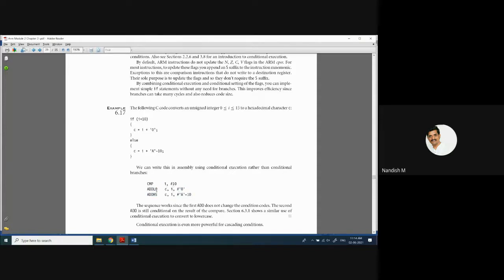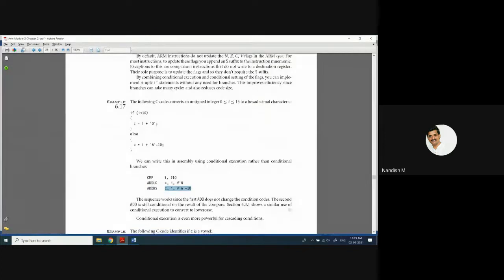Is it clear what is the example of a conditional instruction? This part, what you have added, is going to check the carry flag. That is why, whenever you add the condition codes to the ARM instruction, before that instruction there should be an instruction that updates the flag. Then based on that, it is going to execute the next part of the instruction. HS, it will check the flags. Then it will execute the next part of the instruction.